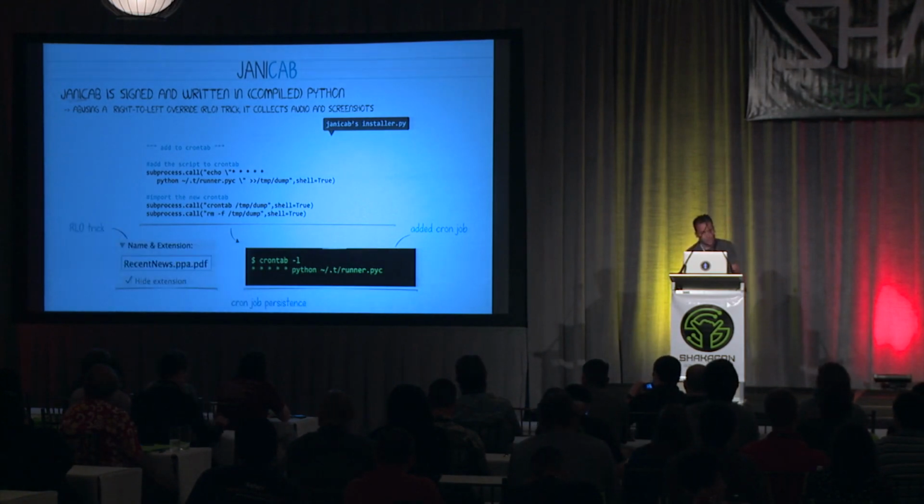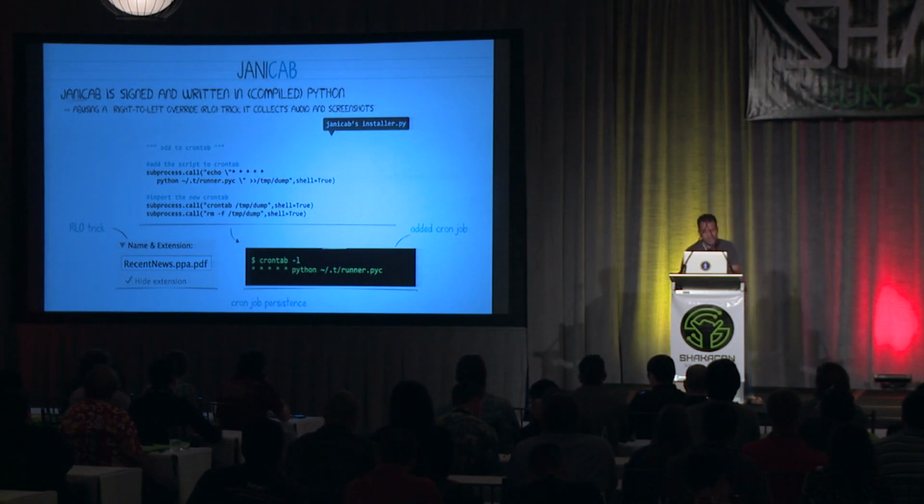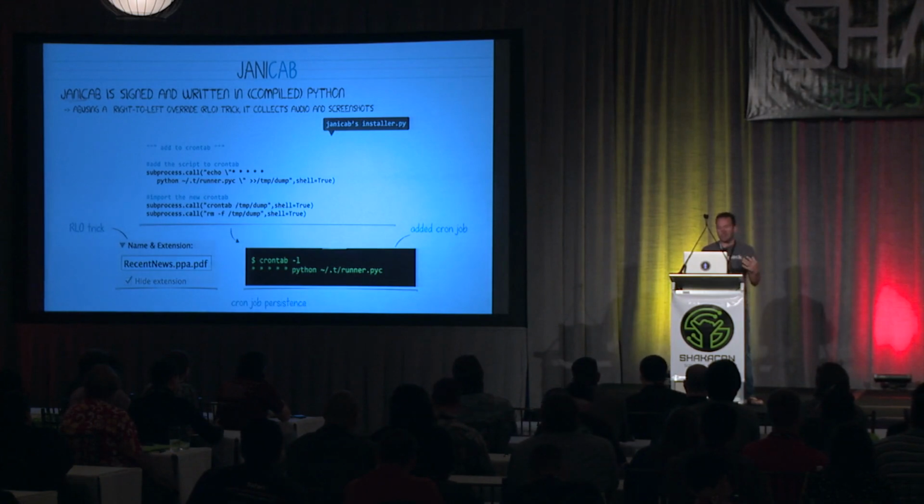Now, another interesting feature of this that's not really related to persistence is that it makes use of a right-to-left trick to make the malware appear as a PDF document. So if you get this in an email, it's going to actually look like it has a file extension of .pdf, and they use a PDF icon. So the real extension, though, is .app. And the way they get this flip is by using a special Unicode character that transposes the characters around the final period. This has also been commonly abused in Windows malware, but it's interesting to see it transition to Mac malware as well.